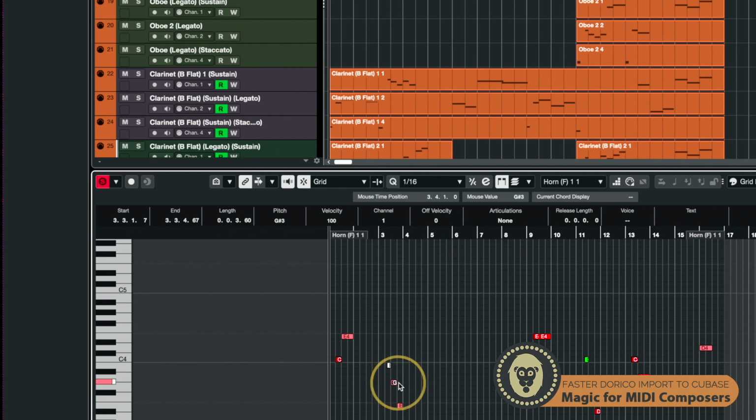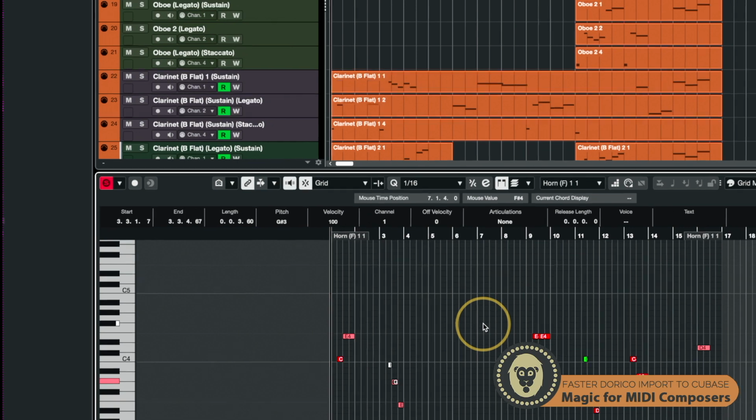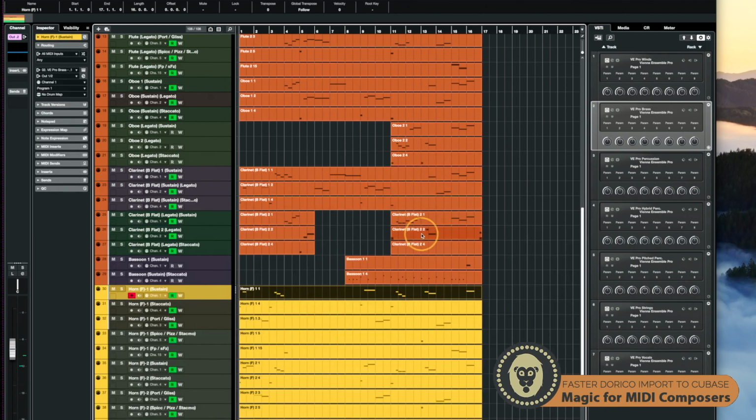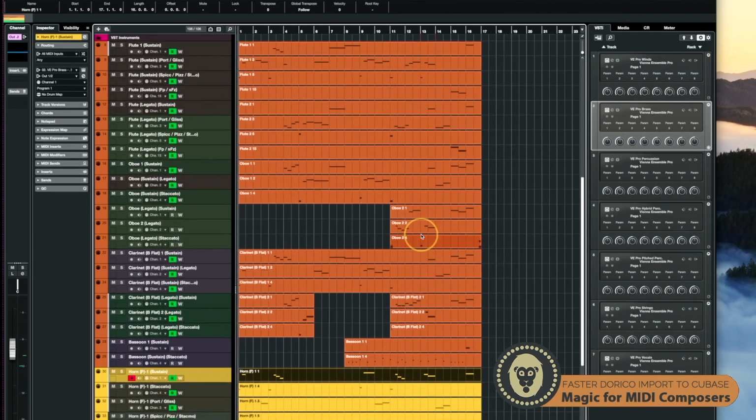And to prove it, if I quantize this, you see that it goes to 0. I just quantized that note. Let me put that a clearer way: my negative delay has been hard-baked into this MIDI import,